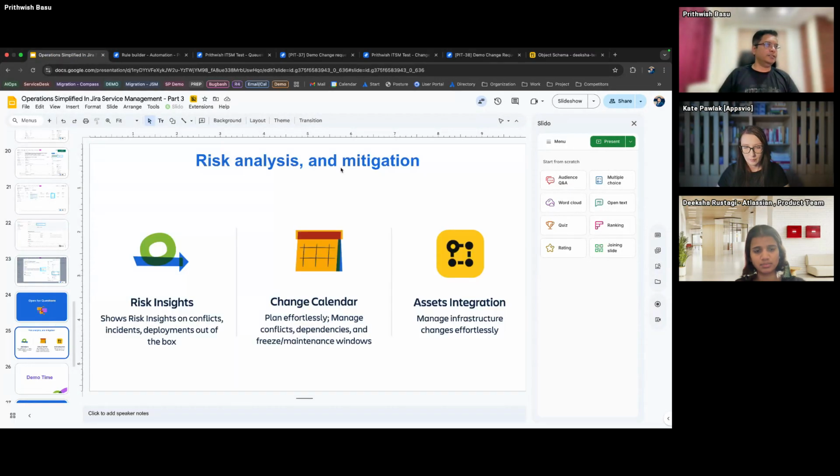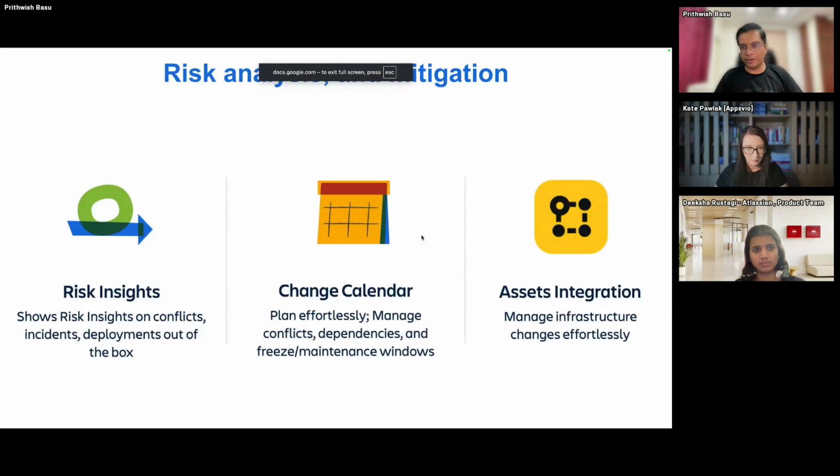Perfect. All right, so let's move to the next section. This is going to be a little bit even more interesting because we will show you how it looks like in the screens itself. So we talked about how you can approve or how you can connect your repositories with JSM, how you can automate that process from Jira to the CI/CD tools to JSM and then back to Jira and the entire cycle. But in addition to the process, you will need to make certain decisions as a change approver to